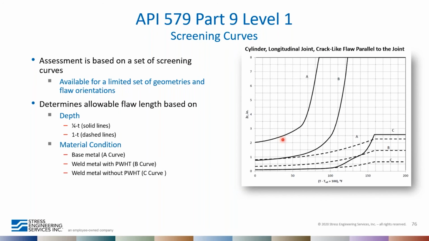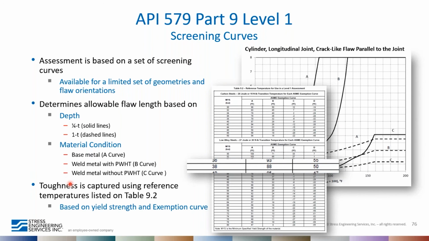And then the curves also consider the material condition. So curve A typically represents the base metal, and the B curve represents a weld metal that has been post-weld heat treated, and the C curve without post-weld heat treat. And so it's really handy to be able to pull up one of these charts if you're an inspector in the field and you detect a surface crack of a given length, and you can roughly characterize it based on a 1/4 T or a 1 T depth. Then you can go in the field and establish what the maximum length is